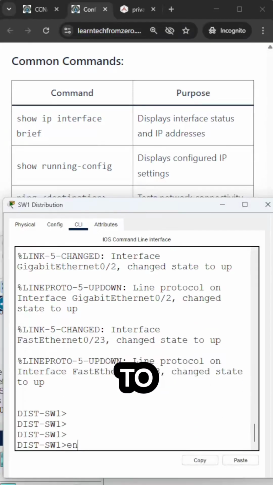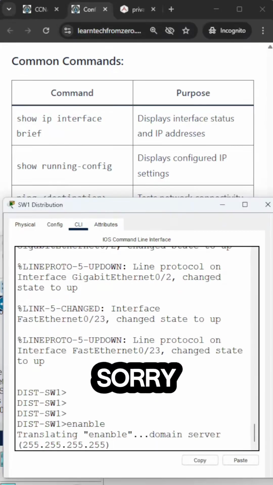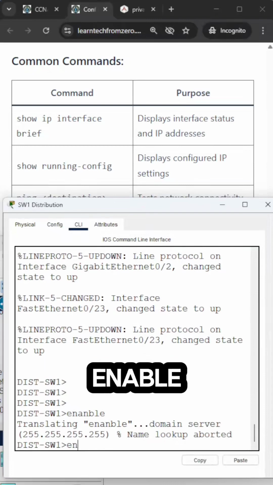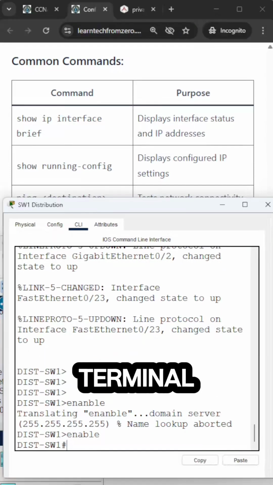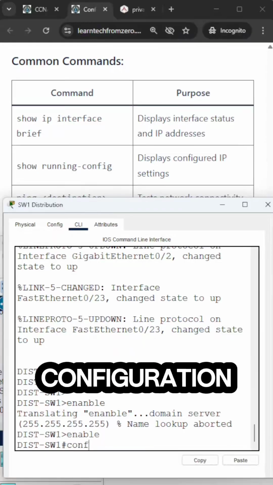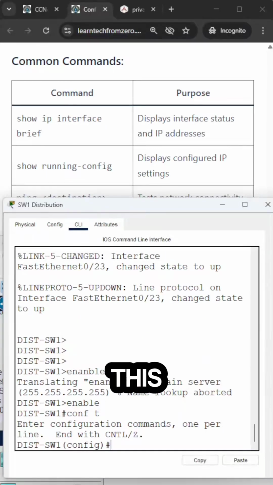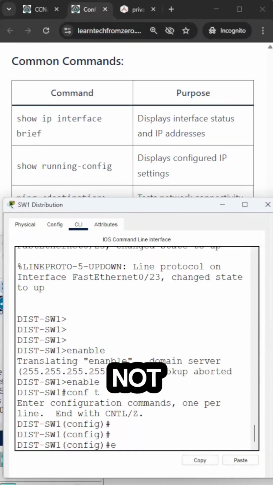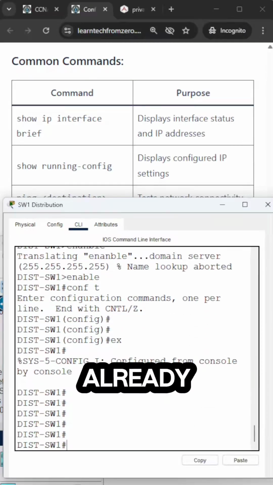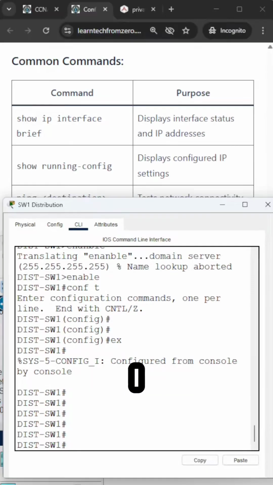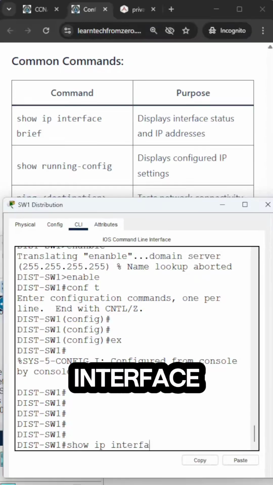So previously you need to press enable, right? Oh, sorry, not this. There's a spelling mistake. So enable. And then you do configuration terminal. I'm just going to use the short form. So conf for configuration, t for terminal. So this is how you configure. I'm not going to be configuring anything, I'm just going to exit. So I'm already in the enable section. So all I need to do is type show ip interface brief,